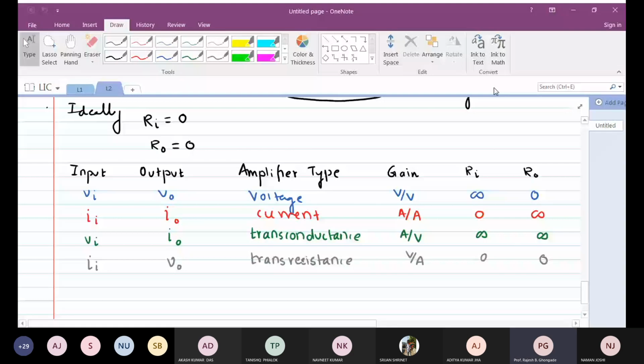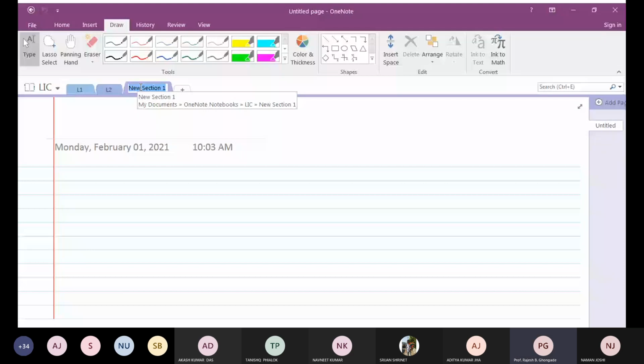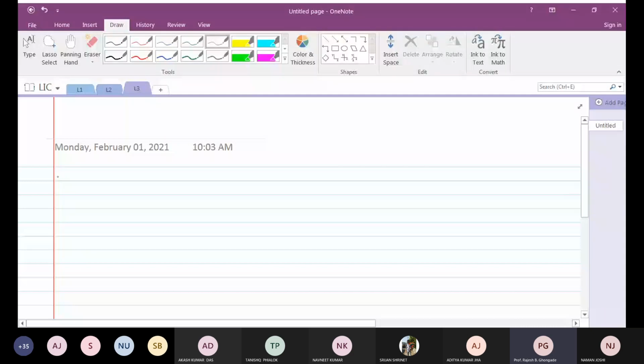Okay, now we're going to start with a very interesting thing, that is the operational amplifier details or internals. Now there are various things that you have to first of all understand, and that is, number one. The question number one is why the op amp or operational amplifier. This is the most important question before we start with anything else.